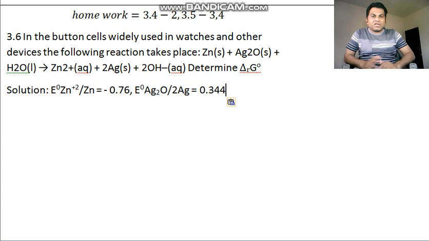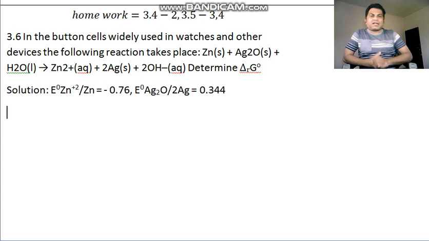So you don't worry. So first we have to find out again the value, that is Zn plus 2 minus 0.76 અને Ag2O માંથી Ag. જો ડિયર સ્ટુડન્ટ્સ પાછું જરાક ધ્યાન આપજો કે Ag2O માંથી Ag ની વેલ્યુ 0.344 છે, while Ag plus 2 જે ખાલી છે તેની વેલ્યુ 1.06 kV છે. So remember this.